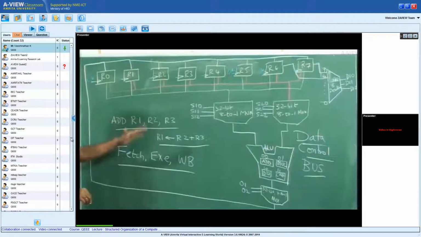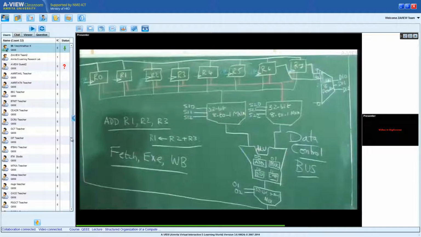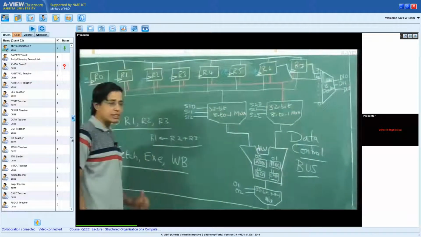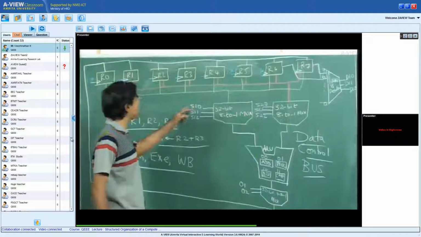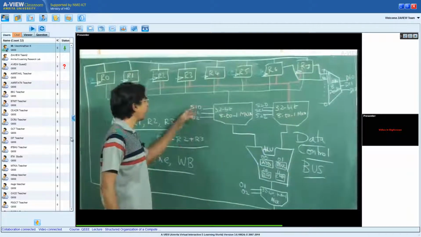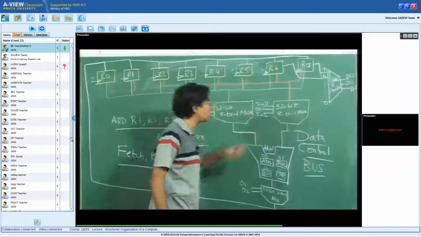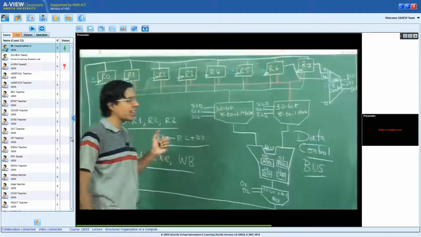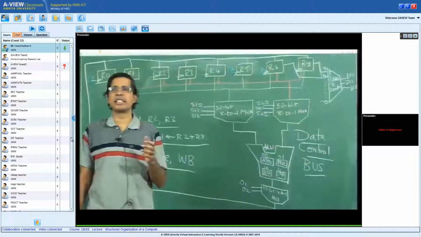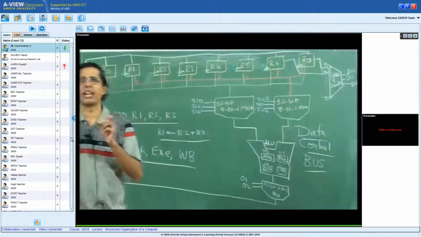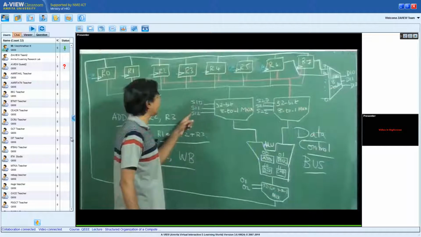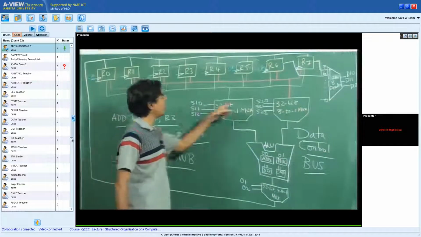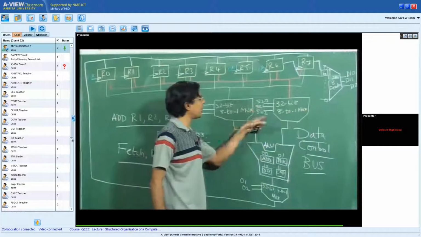I will explain the control signals. They are as follows. I have two source operands, that is why I call S, source operand 1 and source operand 2, and since I have to select among 8 of these registers, I have to select one of them. I call it S10, S11 and S12, similarly S20, S21 and S22.